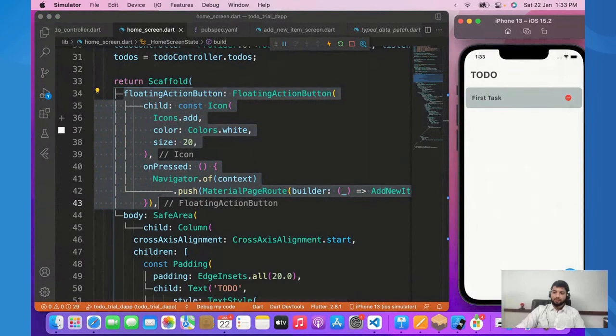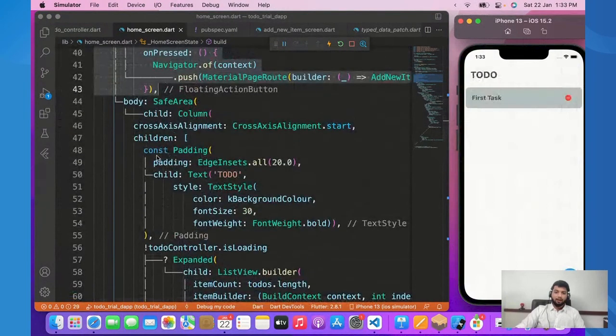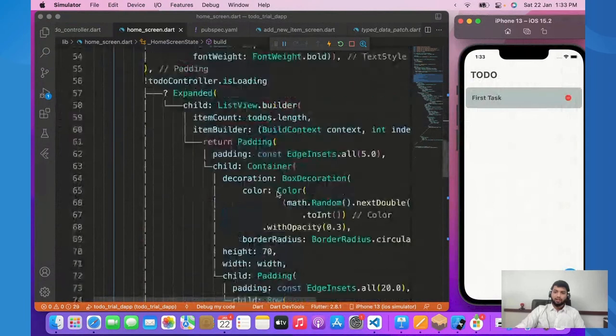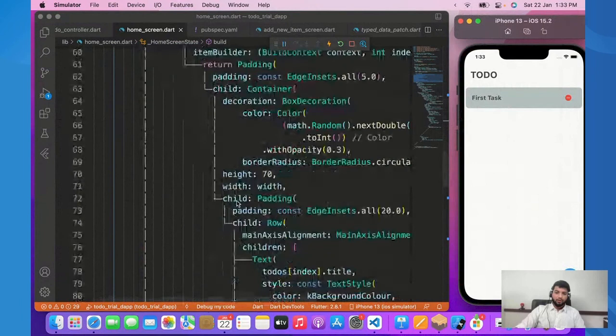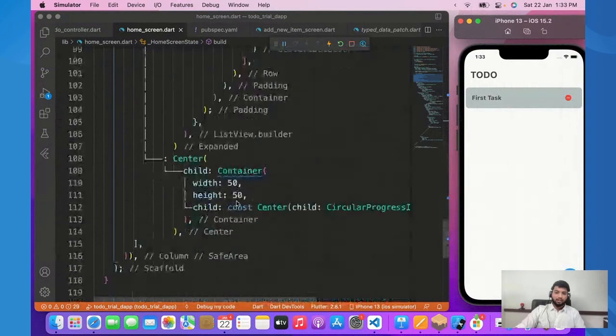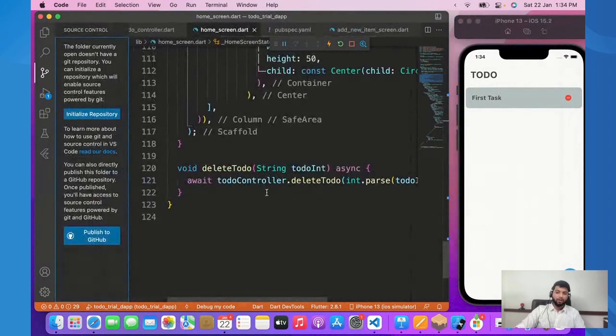Then I have wrapped this in a safe area, and coming down, this is just a normal list view, which will help us get all the tasks. Now there is no get task function, if you see, because we actually don't need it over here.